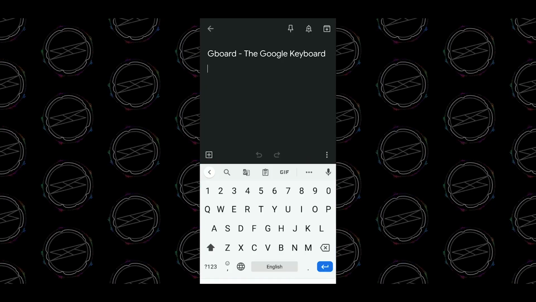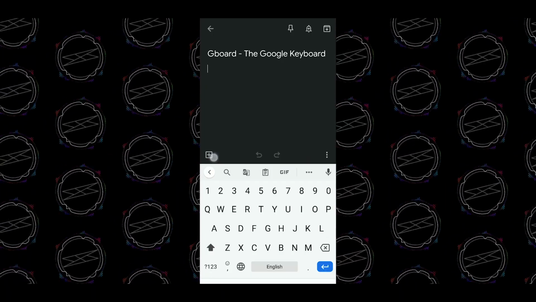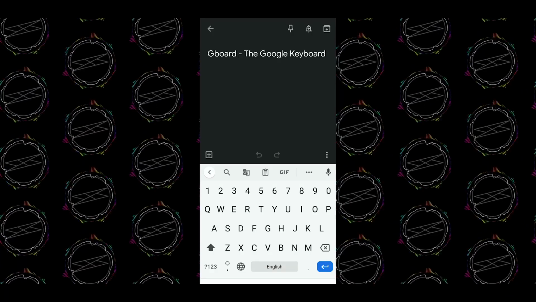First, the design layout. It looks very simple. Just by looking at it, you will feel that it looks like any other keyboard. What's so special about it? Yes, this is what Google does. It keeps the look simple and hides all the bells and whistles in the form of Easter eggs. So the design looks very simple.